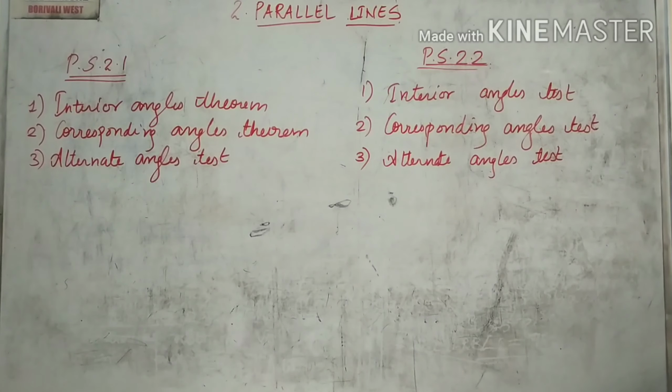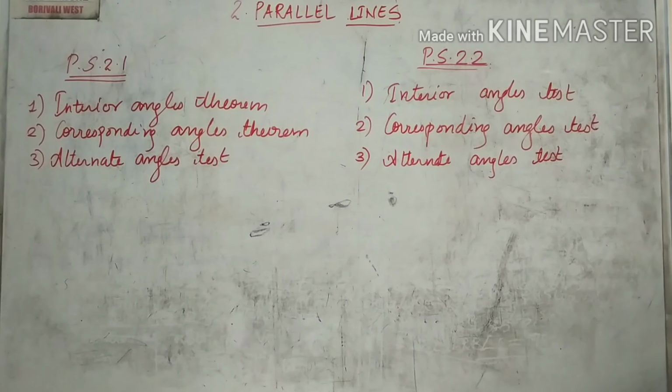Here in the first exercise the lines were parallel and the angles were showing the properties, whereas here we will identify whether any one of the three properties is being satisfied, and then we will identify whether the lines are parallel or not. So whenever we are asked a question to find out whether the lines are parallel or not, we can make use of these three tests. If any of these three tests is satisfied, then the two lines are parallel.